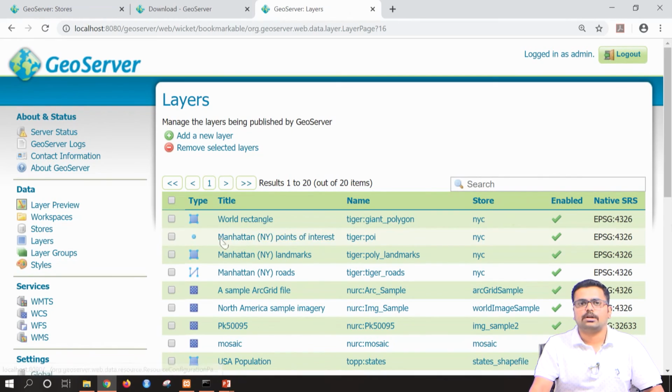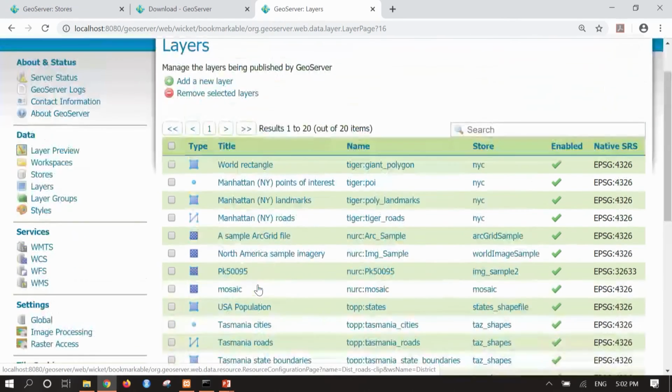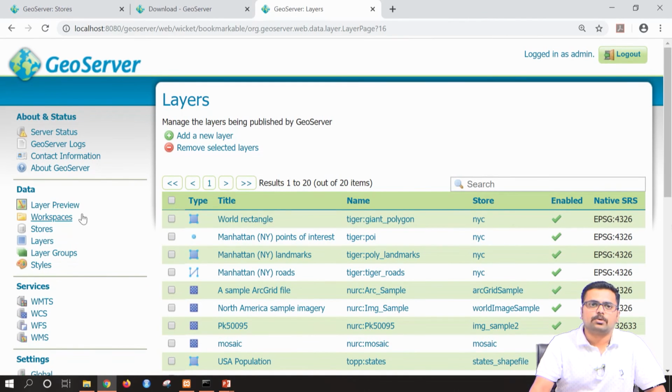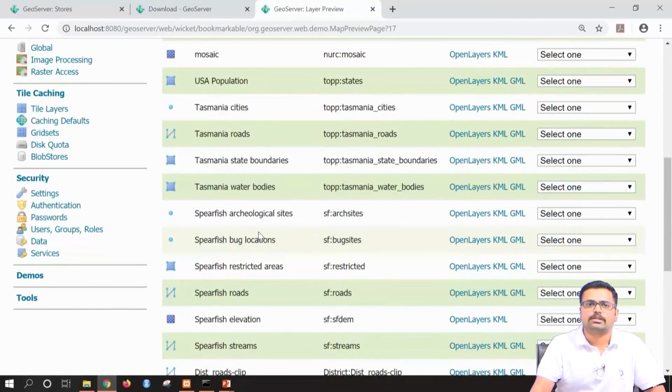Now in the layers tab, you can see under the district workspace, district roads has already appeared. Now at the last, what we are going to see is how to preview this particular layer. I will just click on layer preview, and here you need to select that particular layer which we added just now.